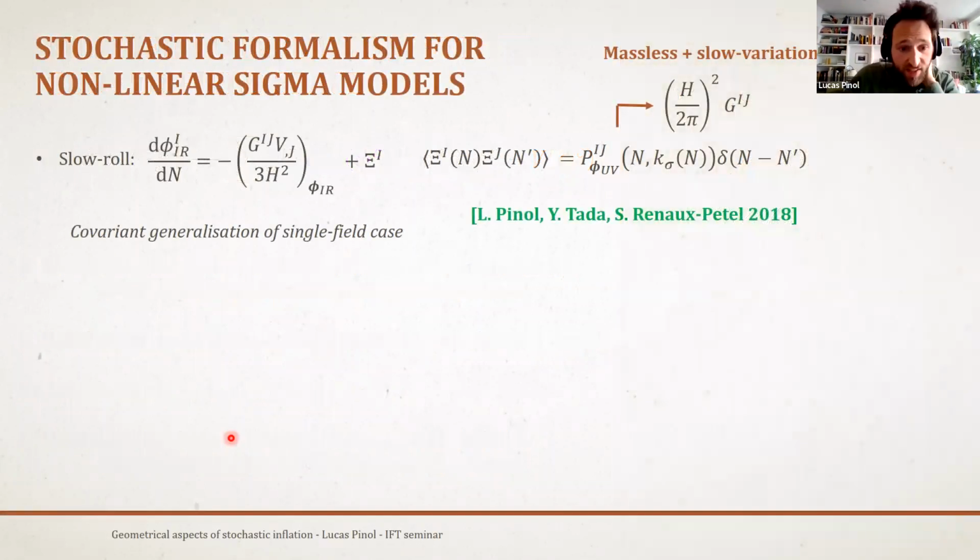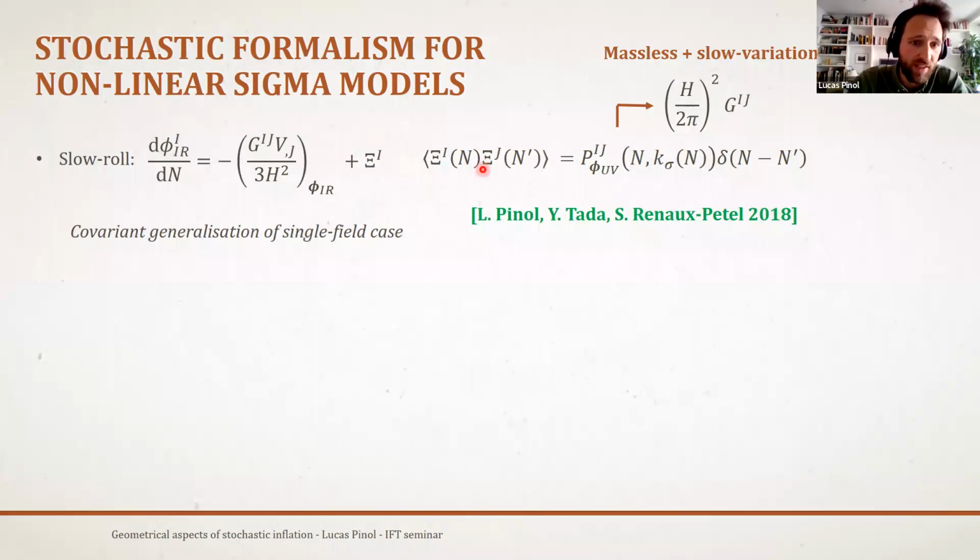Then you can repeat the exercise of separating your fields into infrared and ultraviolet sectors. You can introduce your window function. And if you do so, this is what you find. Now our fields are labeled by, okay, it was A in the previous slide, but it will be I and J in the next ones. So your field phi I has some drift term, which is again coming from the derivative of the potential. And again, we find without surprise that there is a noise term. But now the difference, of course, is that all this is a bit more complicated. You have indices, you have to be careful.